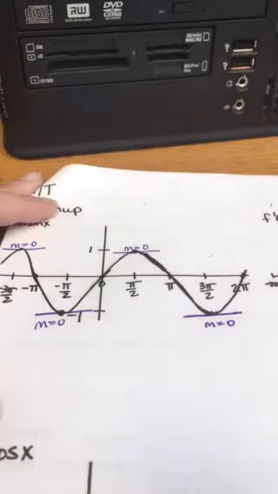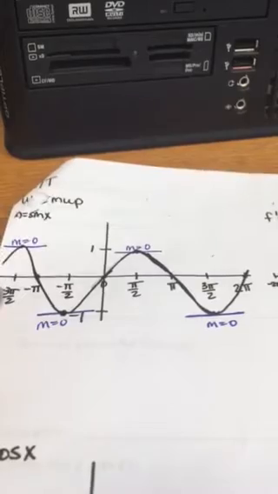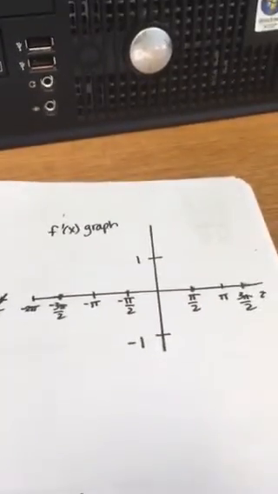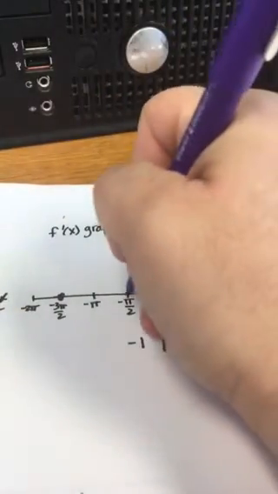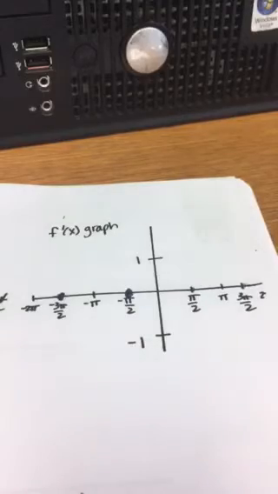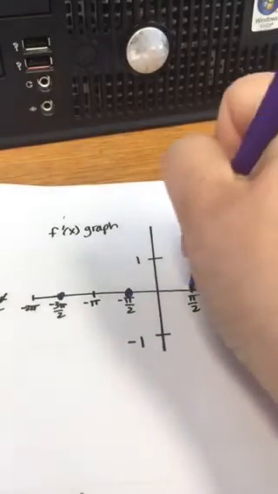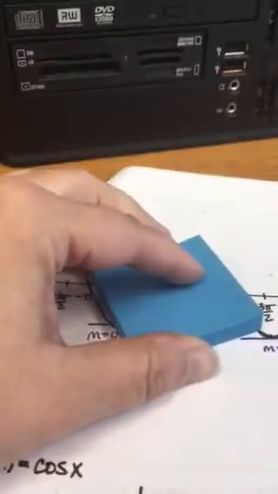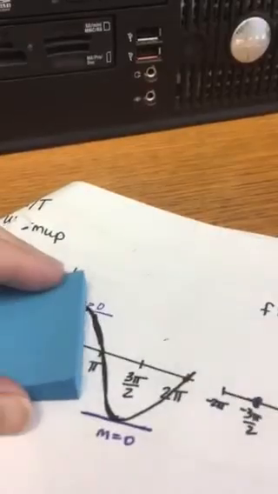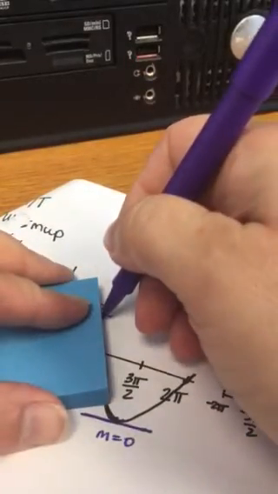So when I think about that and I take it over to my other graph, at -3 pi over 2, I have a 0 there. Negative pi over 2, I have another 0. At pi over 2, I have another 0, and at 3 pi over 2, I have another 0. Now, it's hard to see there exactly, but when we start talking about some of these other points, so if I were to draw a tangent line on this graph right there,